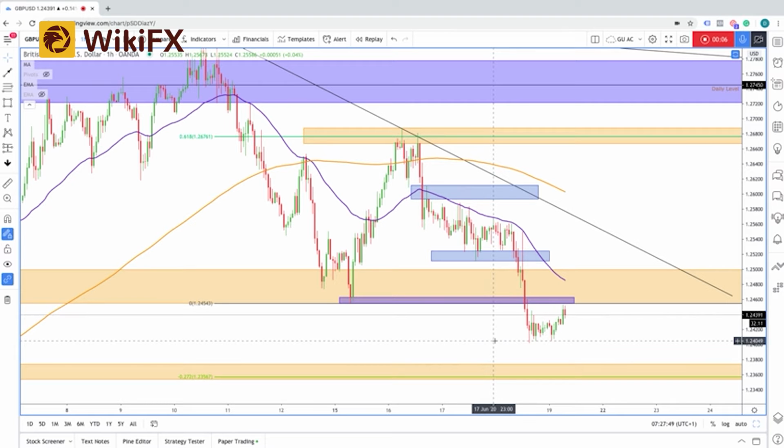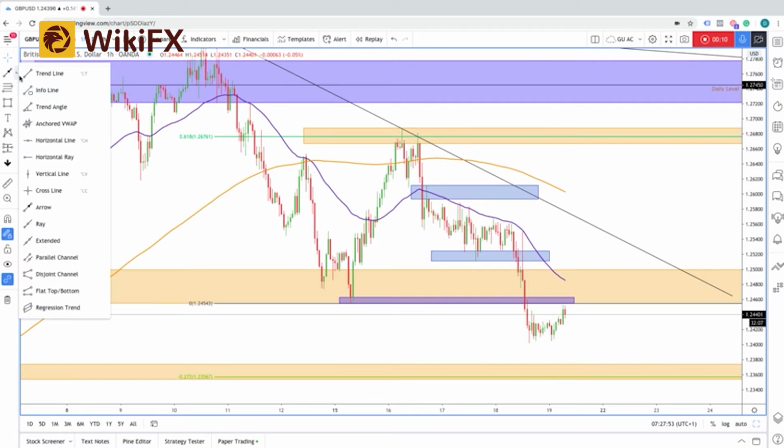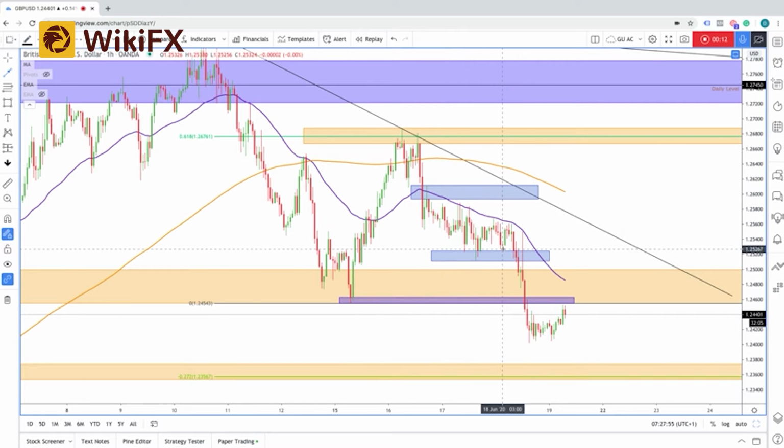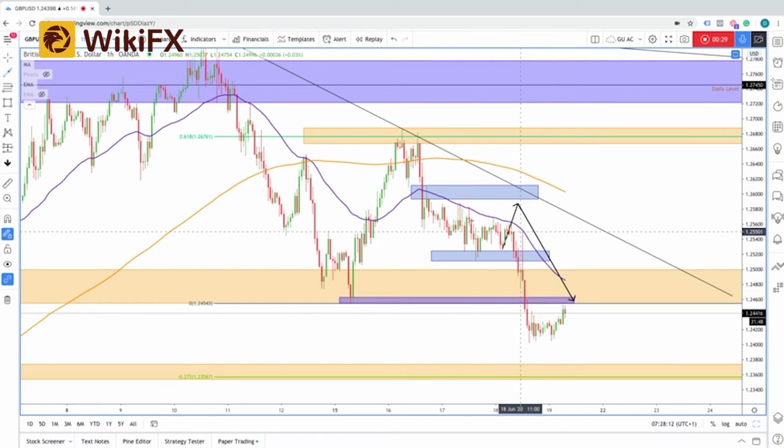Now coming into yesterday, what we were looking at on cable is price potentially forming some sort of retracement or rally into this level, and then seeing some further bearish sentiment enter the market and price push lower. Now we didn't actually get that move into this sort of zone. What we did see is that price continued to remain suppressed beneath that 50 exponential moving average